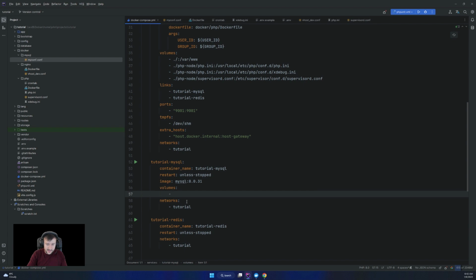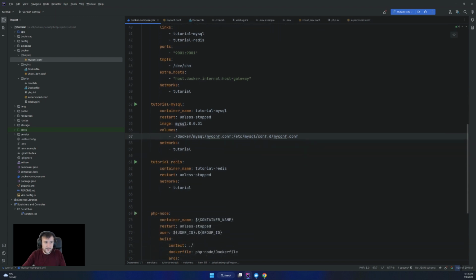So I'm gonna say that docker mysql, and then myconf will be mapped inside the MySQL container in etc/mysql/conf.d, and then myconf doesn't matter the name because all the files in here are automatically loaded.